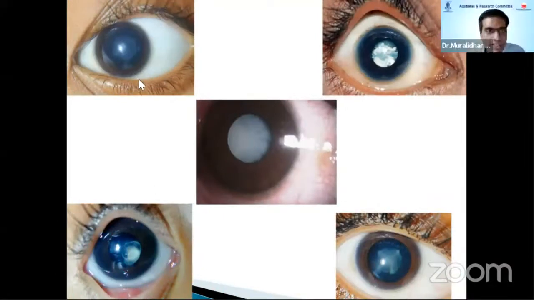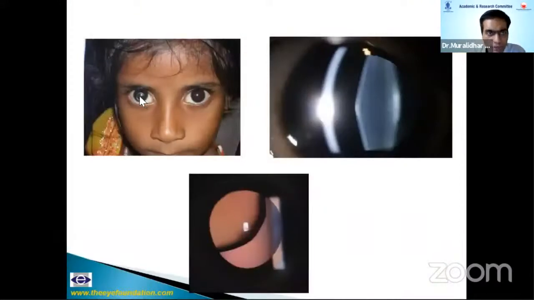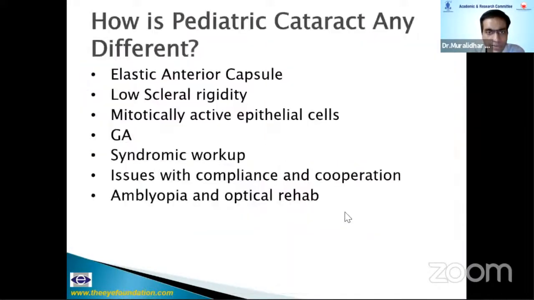Cataracts in children come in a variety of morphology. Like this is a lamellar cataract. This is a lamellar plus sutural cataract. This is a lentiglobus and there is a PFV stalk here. This is a child with microspherophakia and the crystalline lens luxated into the anterior chamber. This is ectopia lentis and this is anterior lenticonus seen associated with Alport syndrome.